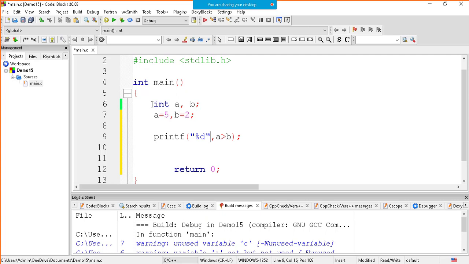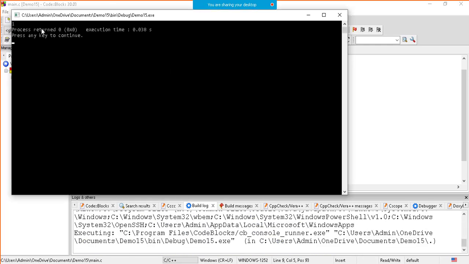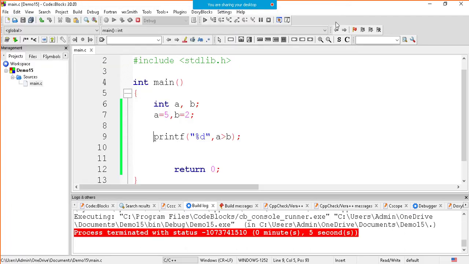I am directly writing this, a greater than b. What's going to be the answer? A is 5, b is 2, so 5 greater than 2 is correct, right? So when it is correct, you can check the output is 1. You can see the output is 1 because it is correct. Even I can do like this also, don't worry,